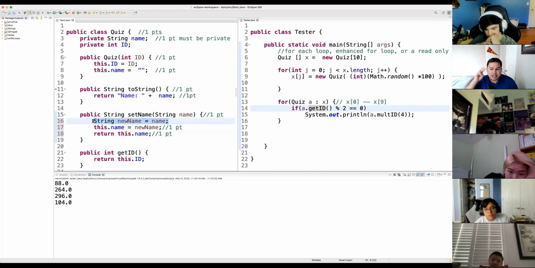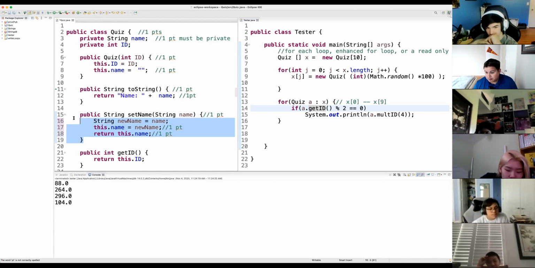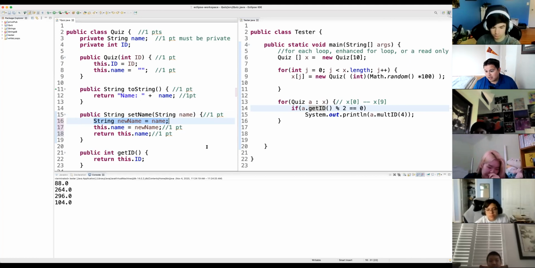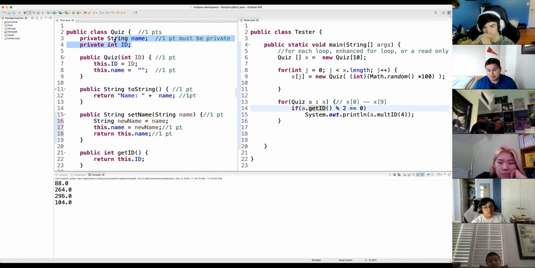Any variable that is declared within a function and not at what we call the root level here is considered a local variable. Anything within a set of brackets or in a set of parameters would be considered a local variable. It does not exist outside of this scope. This string newName, nobody else knows what that new name is. None of these methods have any idea. The only things every one of these methods knows in common are ID and name up here,